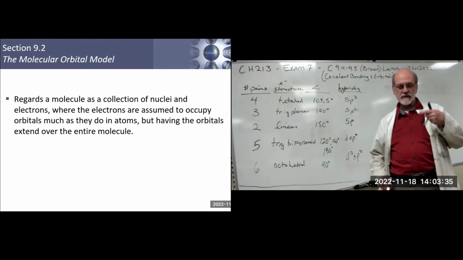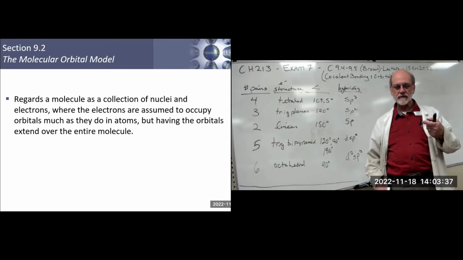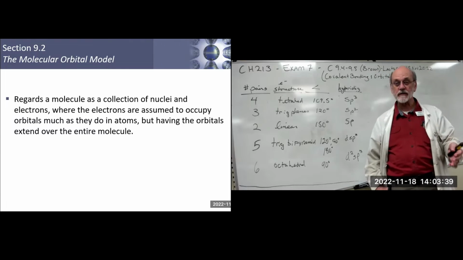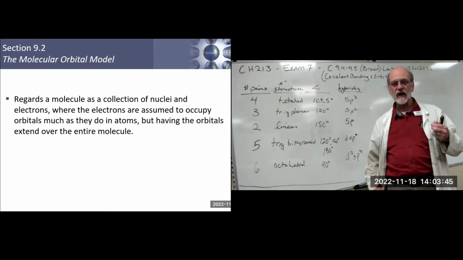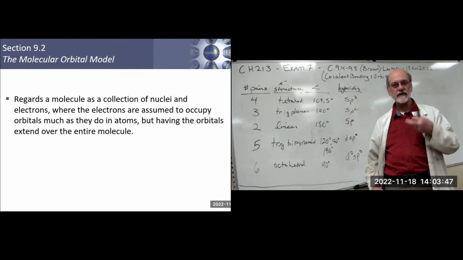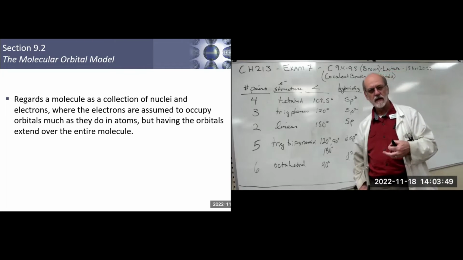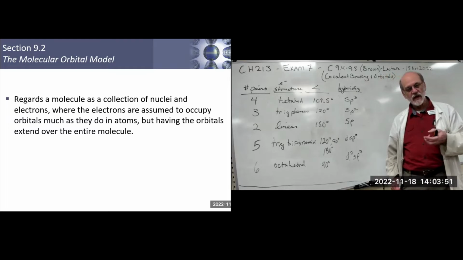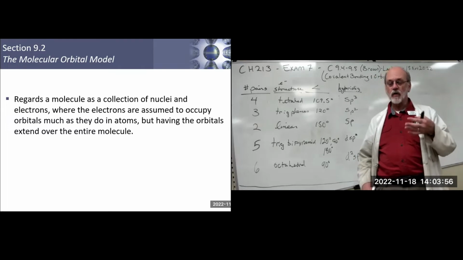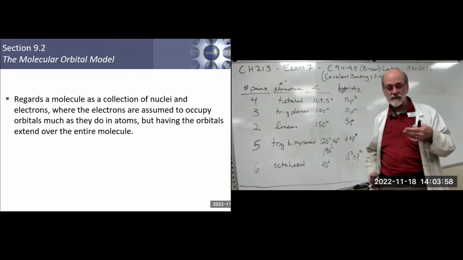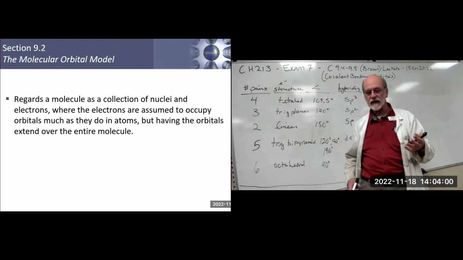The difference in this model versus the localized electron model is that the electrons are in fact assumed to belong to the molecule, not to individual atoms. So that being the case, we've got to find places to put them. Right? So mathematically speaking, probabilistically speaking,